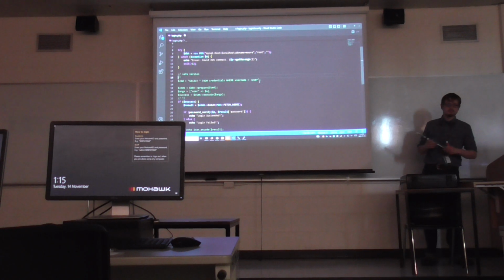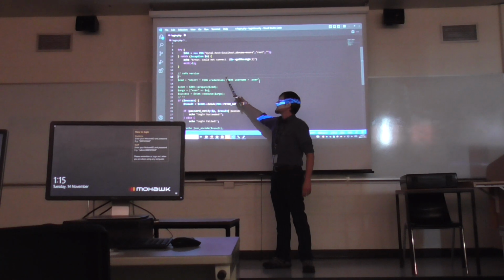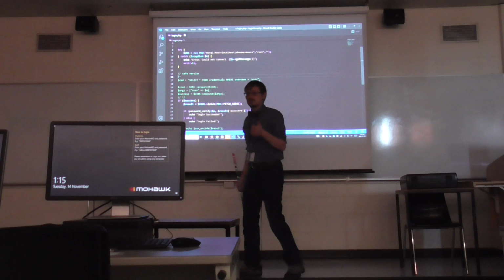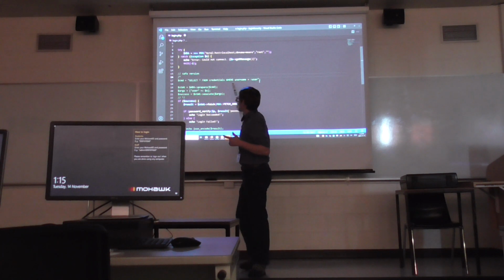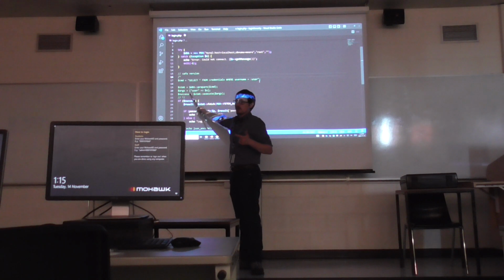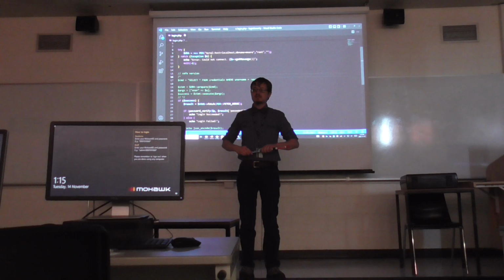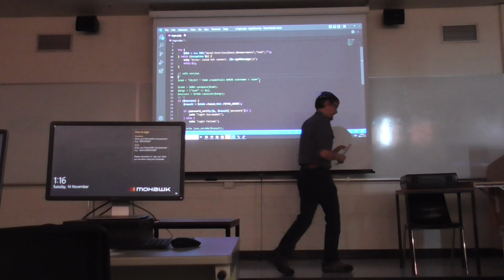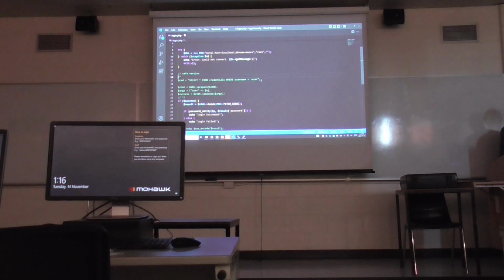So, I'm going to substitute this bit where we create the command, we set the value here using args, and we pass that in with execute. I'm going to substitute that with just simple string splicing. So let's say, rather than doing things nicely,